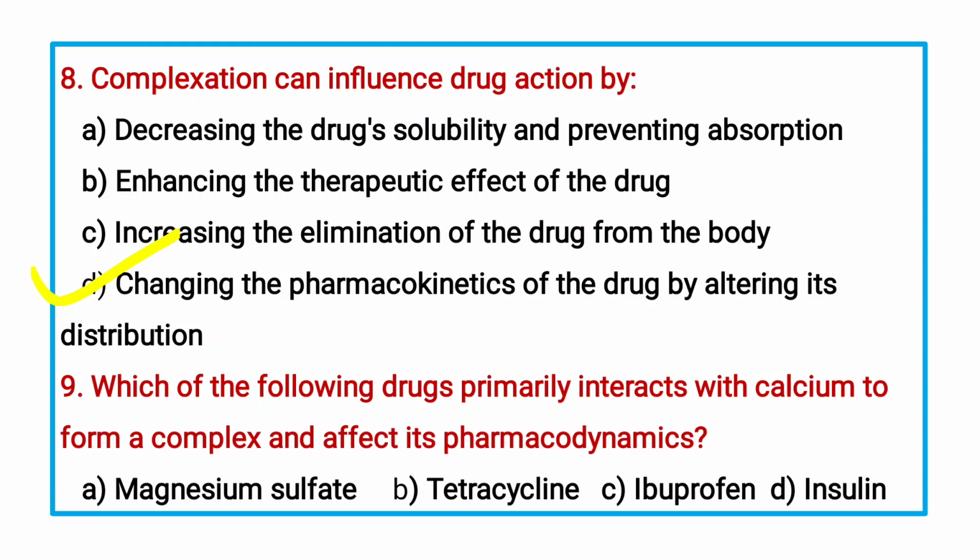Next, which of the following drugs primarily interacts with calcium to form a complex and affects its pharmacodynamics? Option A, magnesium sulfate. Option B, tetracycline. Option C, ibuprofen, and D, insulin. So tetracycline. Tetracycline and milk, this combination